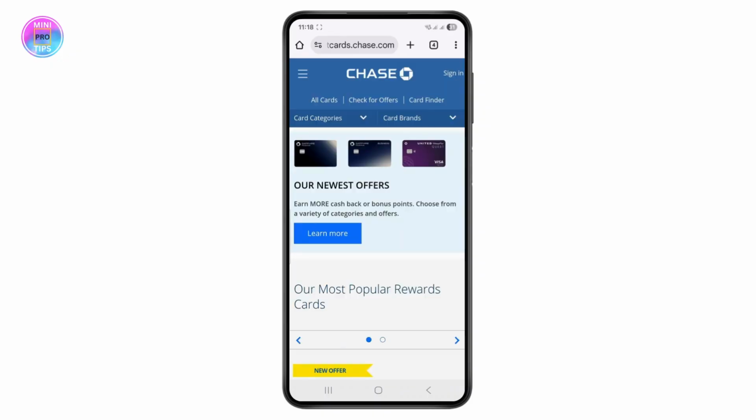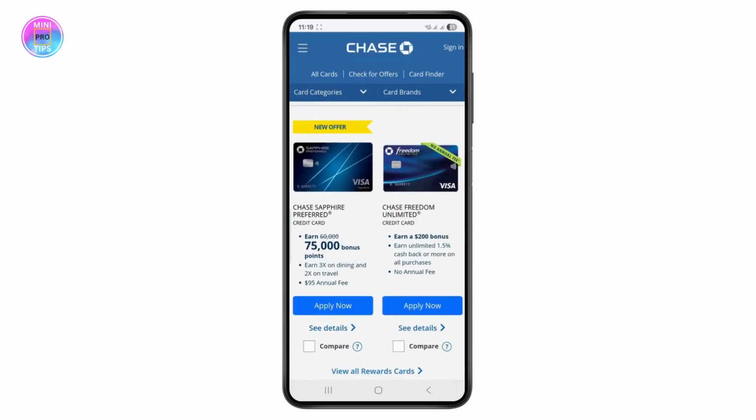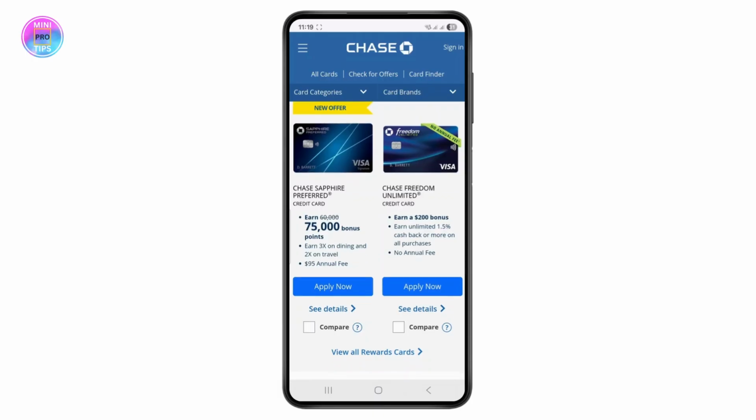which will take you to all the credit card sections over here. So you just have to scroll down and choose the option that is Chase Freedom Unlimited Credit Card. You can just tap on this apply now button over here. So you can actually earn a $200 bonus and unlimited 1.5% cashback or more on all purchases with no annual fee if you are using the Chase Freedom Unlimited card. So to apply, you can just tap on this apply button over here, and you just have to wait for